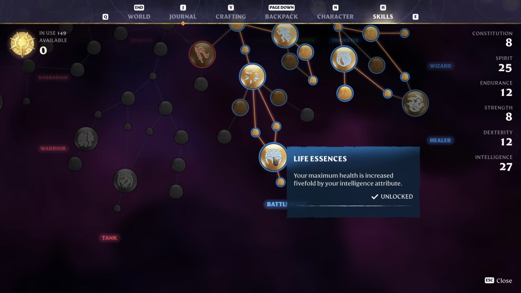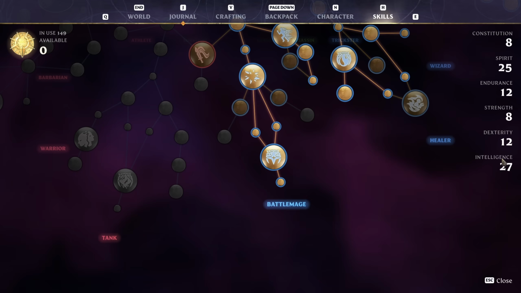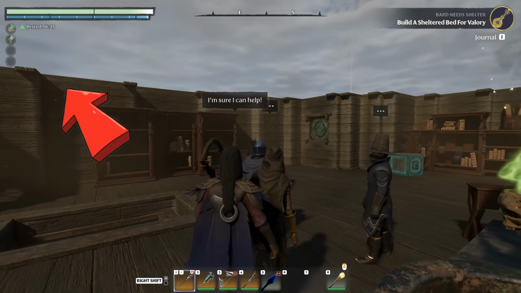This is also very, very useful just for survivability. Maximum health is increased 5-fold by the intelligence. You can see over here. Now, I do have some food items in me right now. You see up there in the top left, I do...